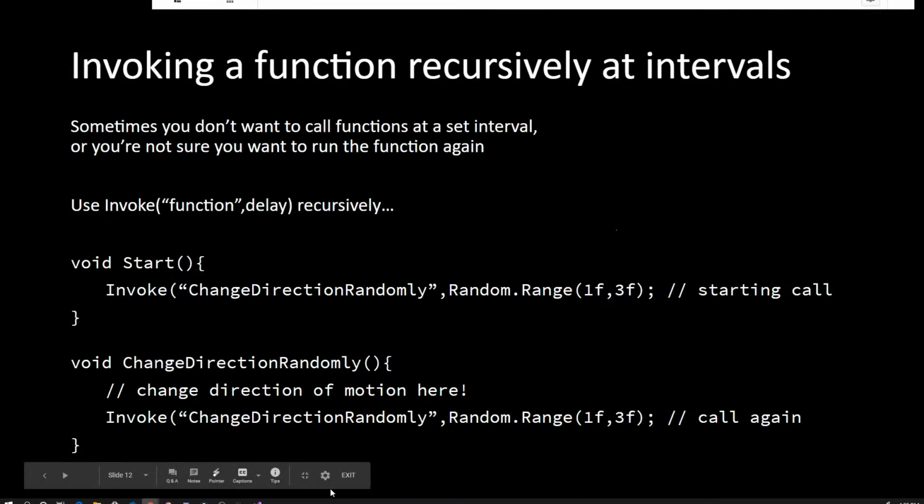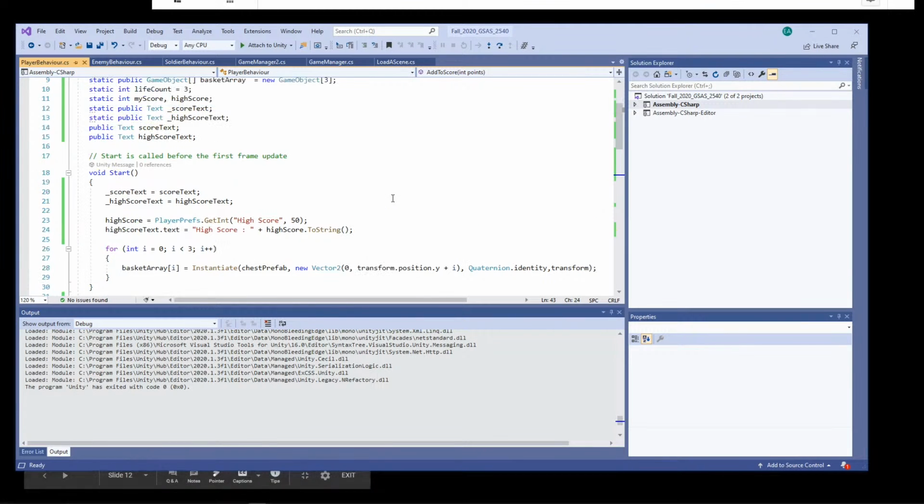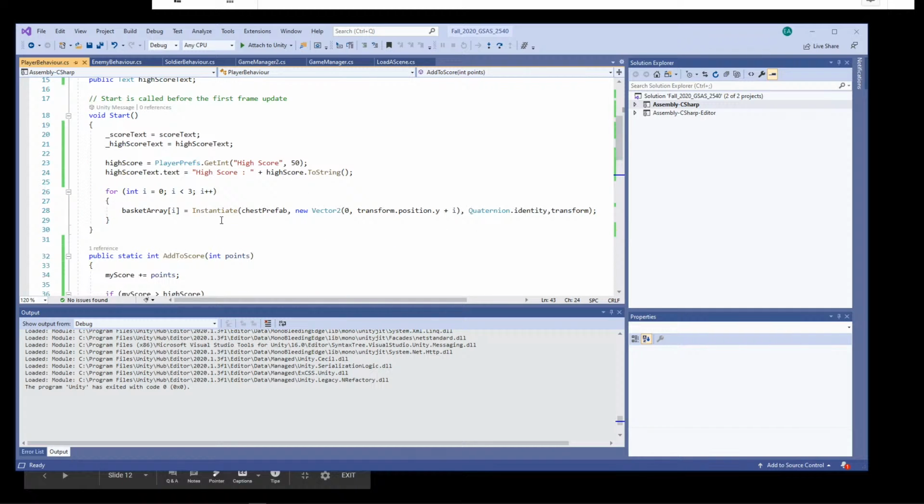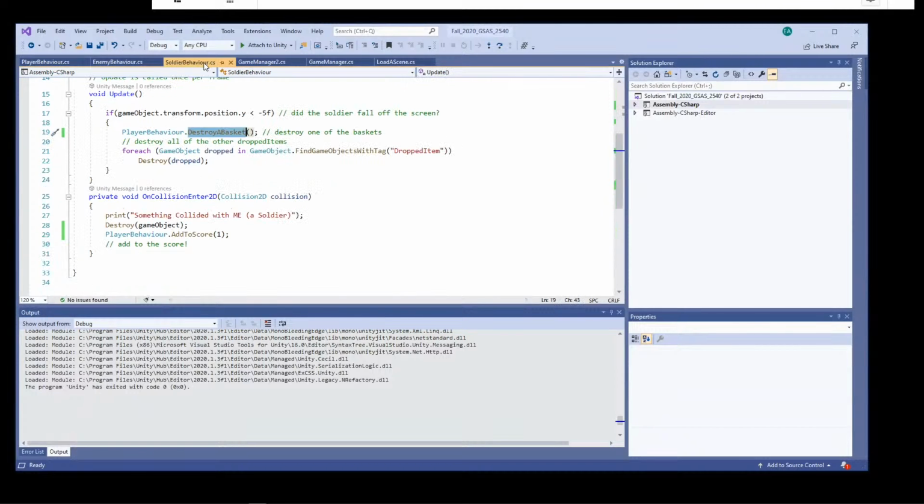Well, I had to do that because I wanted to be able to call those functions without referencing a particular instance, right? So that was the simple case. I wanted to be able to do this, PlayerBehavior.AddScore, right? In order to refer to it by the name of the class, this function, or this method, has to be static. Otherwise, I have to get a reference to a particular instance to call the instance method of that class,